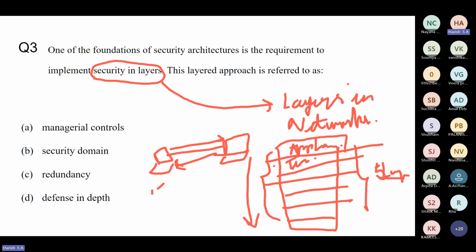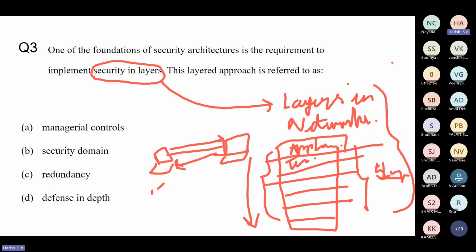So why do we look at it like this? Because the abstraction is easy. Each layer has its own function, and a modification of one layer generally does not have huge repercussions on the other layer. In the sense, they're insulated from each other. So this is how networks are looked at. In the same way, security is also looked at in layers. So what does this layered approach refer to?